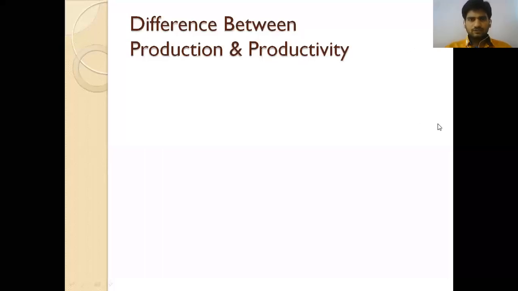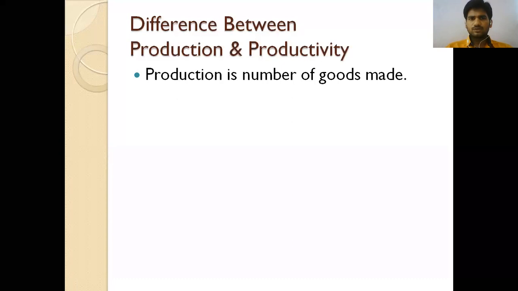Okay, good afternoon. In the last class we started the production function, the linear production function. There are three types of production functions. Based upon the utility of the firm, the production functions are going to be used in different ways. The first one we discussed, and before going to the second and third, we saw the difference between production and productivity.